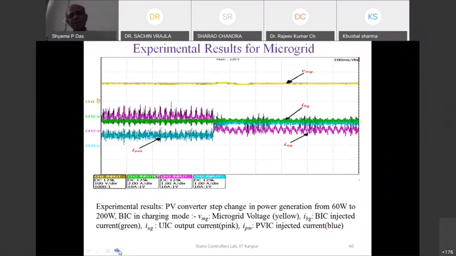So the idea is this: we have independent controllers, they are not centralized. They are all independent controllers, only linked by means of the group control method. We did not have a centralized controller here. Each unit is controlled by an independent controller. It's a decentralized control, but a stable control. So each one is a stable system, and they basically take over depending upon their requirement and with the availability of the battery state of charge. So experimentally also we have seen that the microgrid is operating satisfactorily. Next slide.